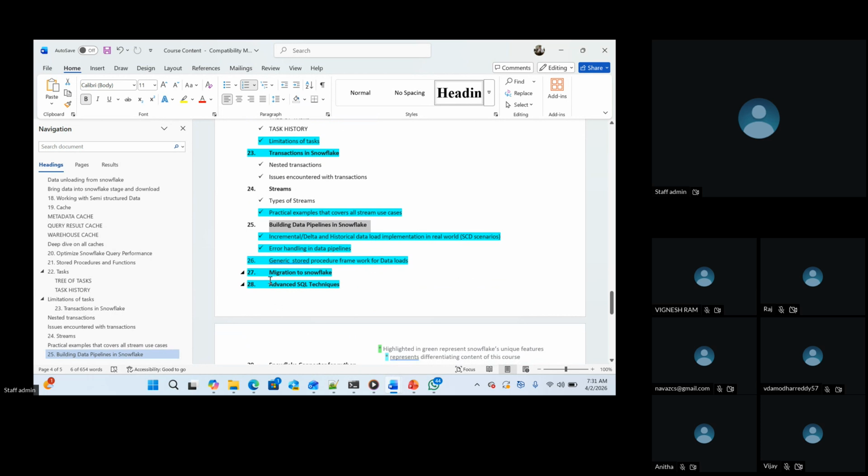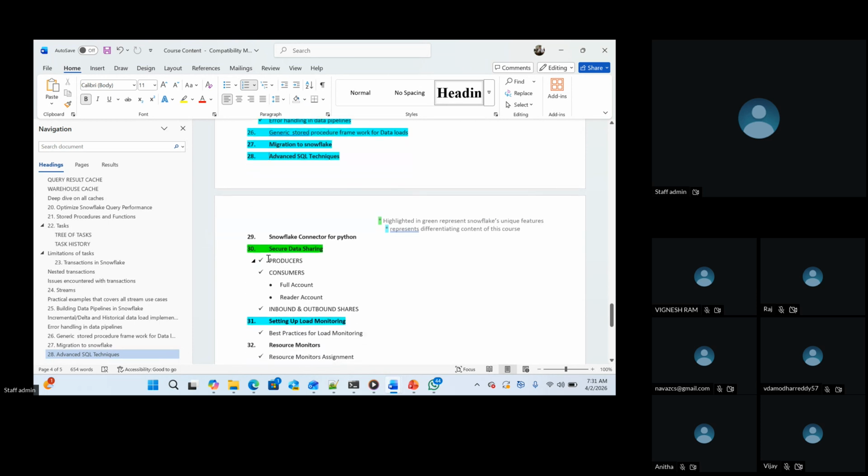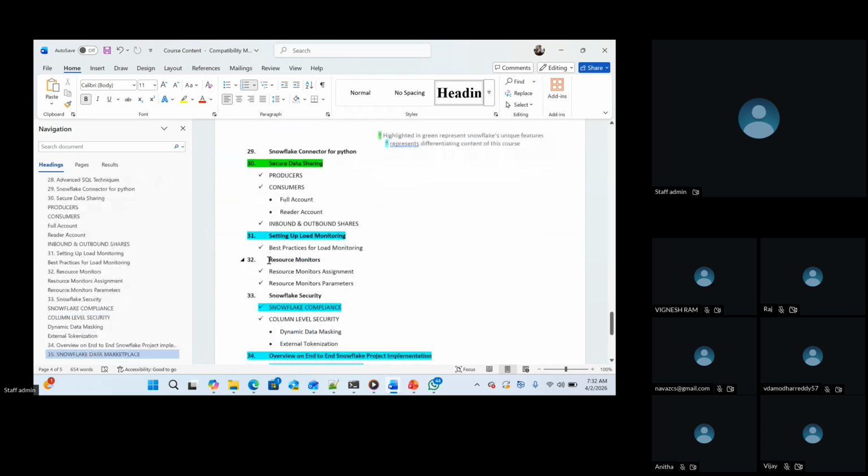Okay, and migration topics, advanced SQL techniques, and Python Snowflake connectors. We will talk about connectors and data sharing. Inside data sharing, there are concepts like listings and shares. We will talk about it, and load monitoring, resource monitors,